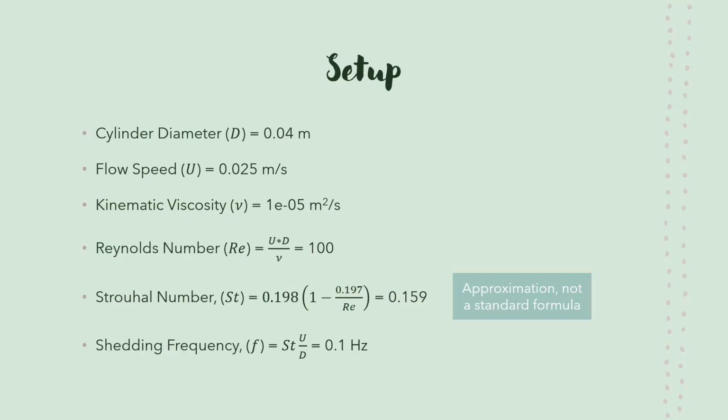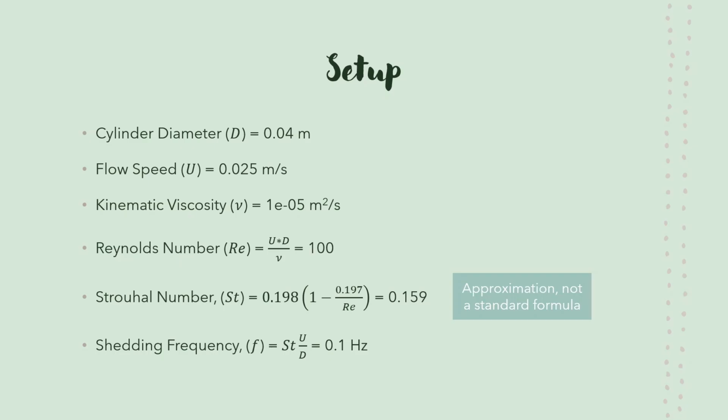So the case setup is quite simple. We have a cylinder with the diameter 0.04 meters with the flow velocity at 0.025 meters per second. We're essentially working with air as a working fluid, hence the kinematic viscosity, the value that you can see here. One of the things that we are interested in with the flow over cylinder case setup is the interval